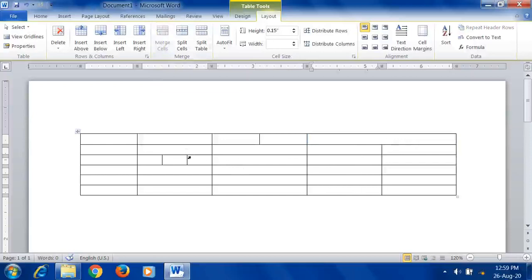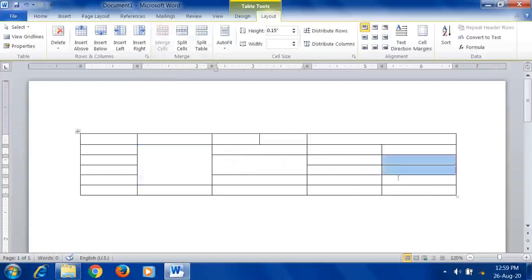Now if you want to merge more than one row also, you can do it. This option is hidden because here we have split it. So now you can do it here. Now we merged 2 rows. First merge this one. Afterwards you can achieve it like this. You can merge and make a single cell.